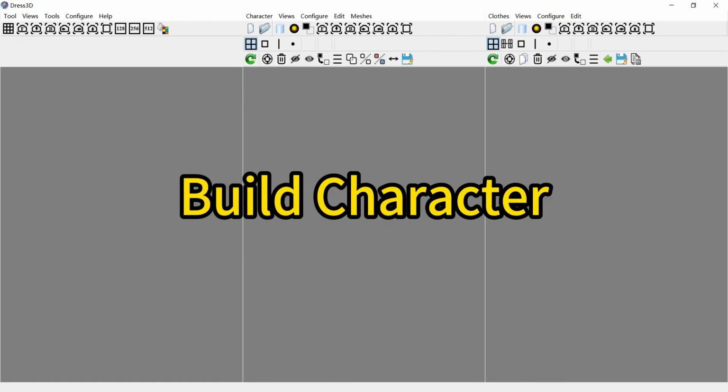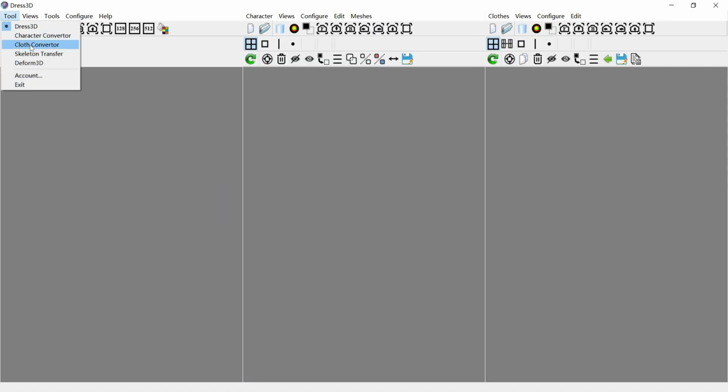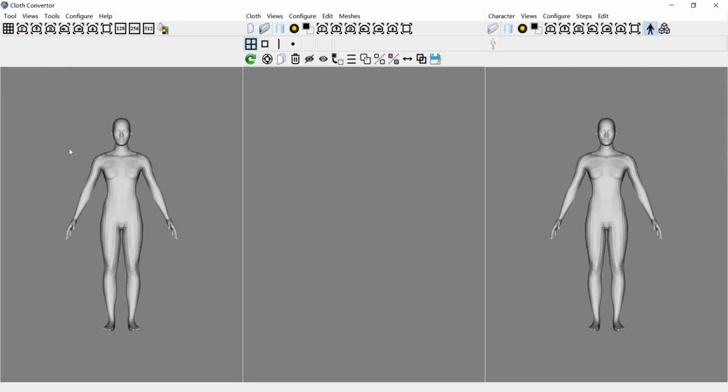In this tutorial, you will learn how to set up the shape of the interchangeable base character in the right sense when you use the character converter or cloth converter tool. Let's first switch to the cloth converter tool. Then,